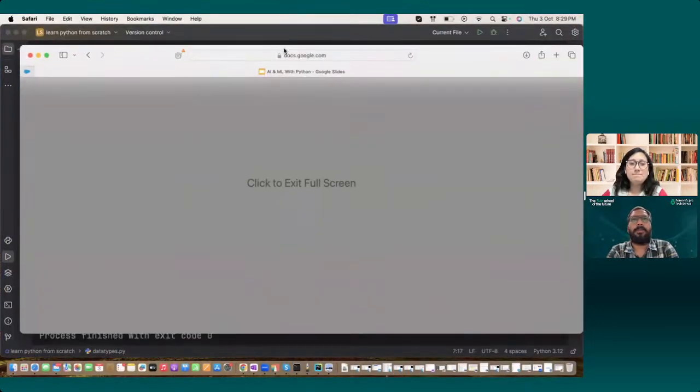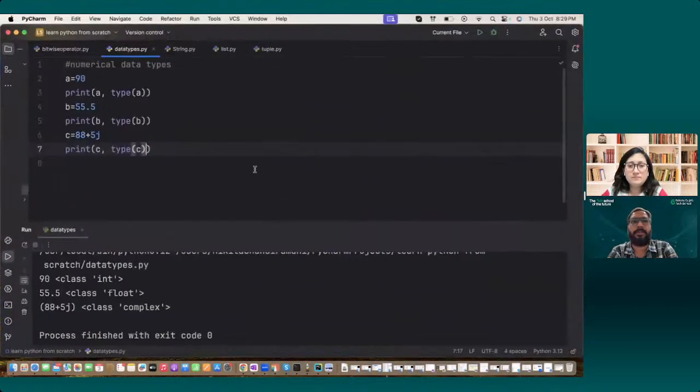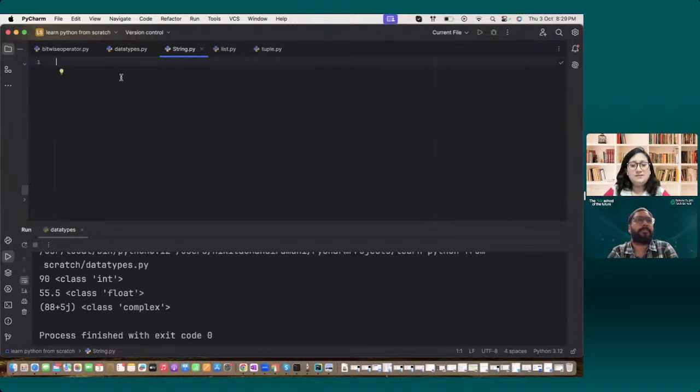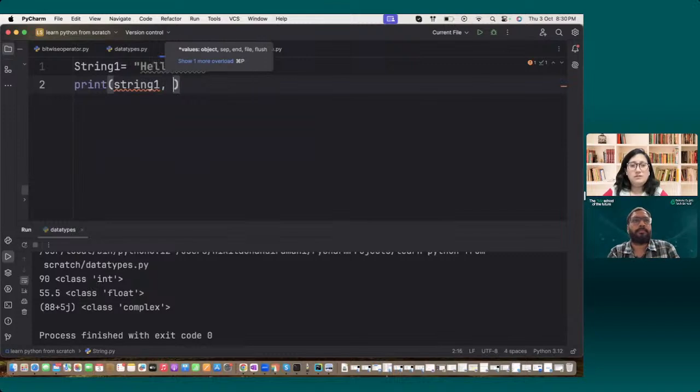One question: in triple quotes, if we provide some blank lines, will it display those blank lines as well? Yeah, okay, let's try. Maybe we can do it practically. So string 1 is equal to, a little bit of zoom in. So hello world, and I'm going to print. This is just for the data type to know. So string 1 comma and